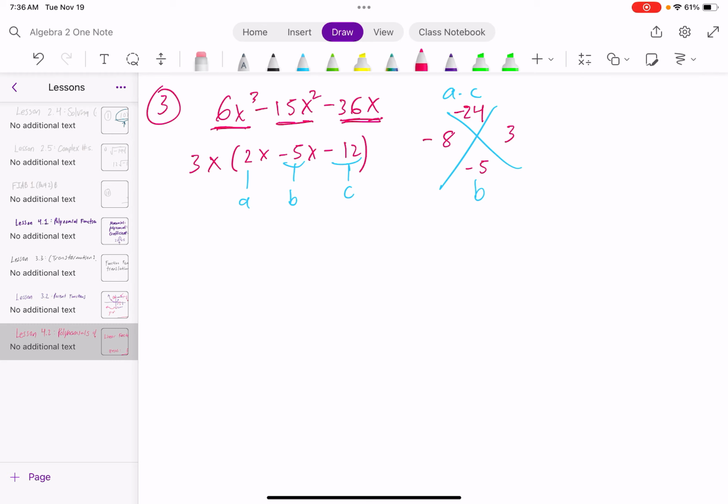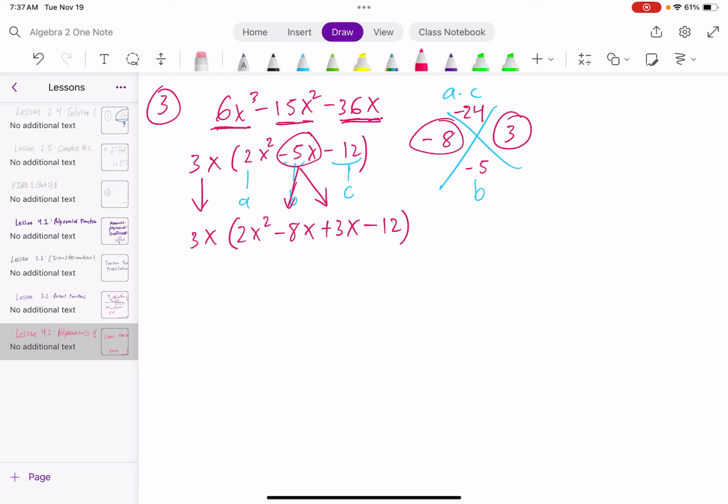And I'm just going to do it down here. I'm going to say, and I forgot a squared right here. Sorry, 2x squared. And the minus 5x is going to be separated into these two right here: minus 8x plus 3x. That gives you negative 5x. Minus 12. So we didn't change it, right? And it's still times